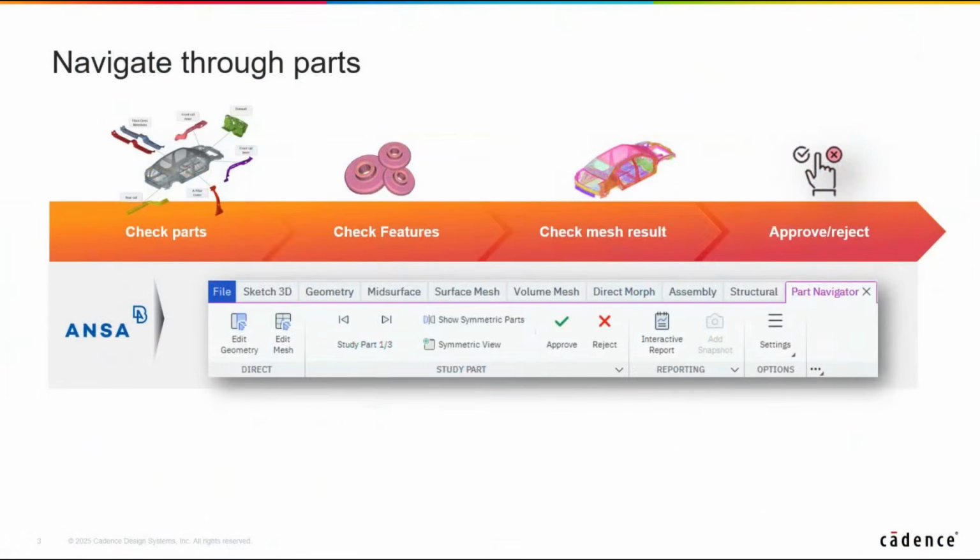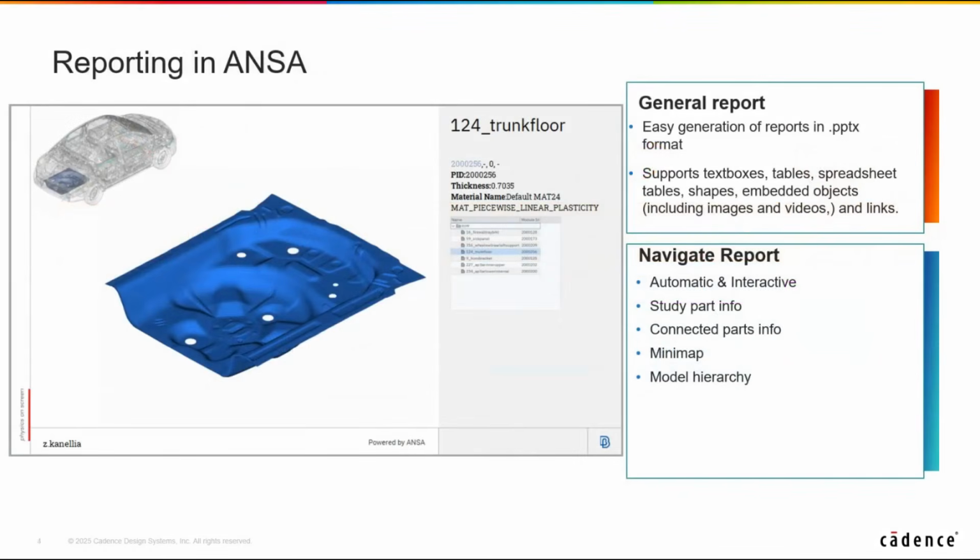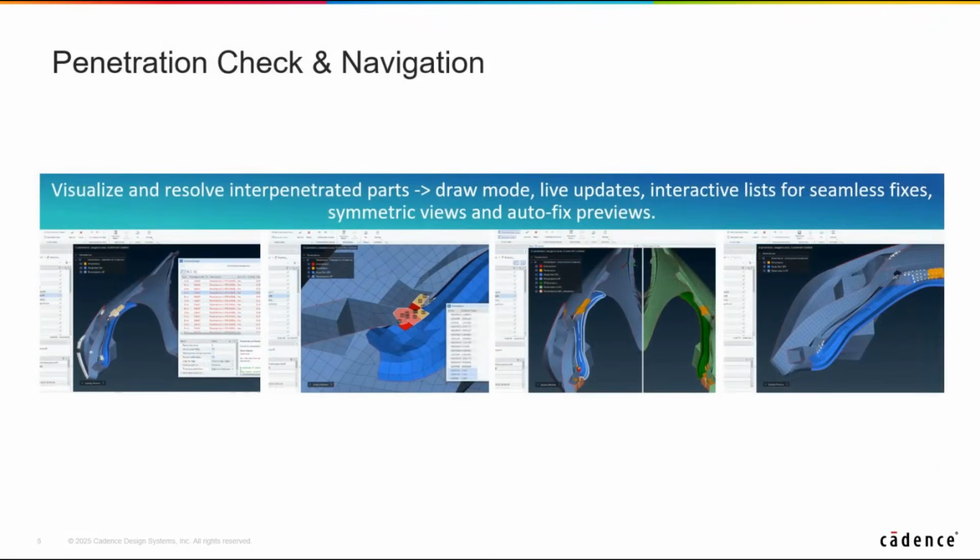As an engineer, I open the final assembly model, and my first task is to check that all parts are correctly defined, positioned, and aligned. To do that efficiently, I need tools that help me navigate through the model and filter the parts I need to review. Next, I need to generate and share a report with the team. So robust reporting features are essential, both for internal tracking and for providing feedback to the design team.